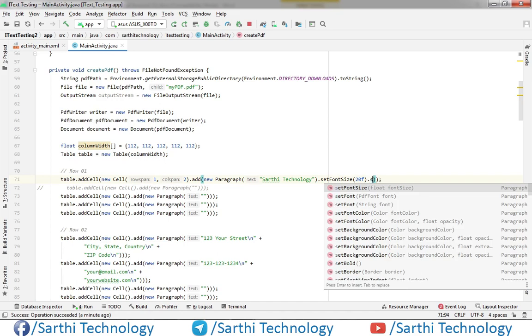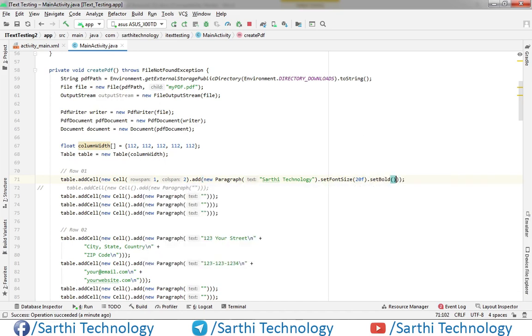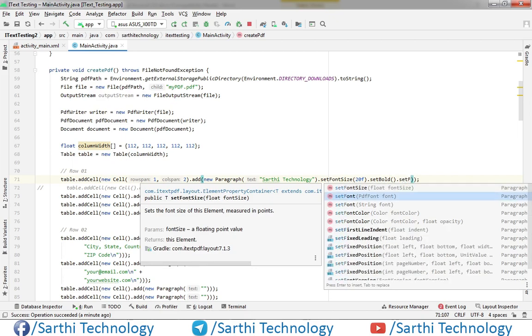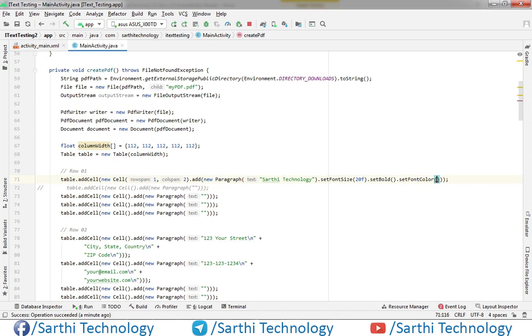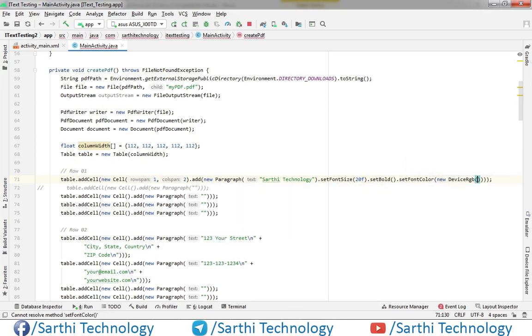Dot set bold, and we will also change its color, so set font color, new device RGB.